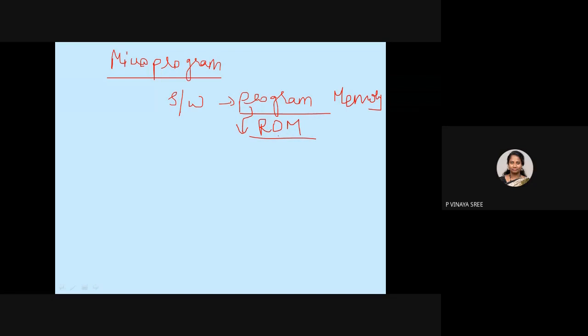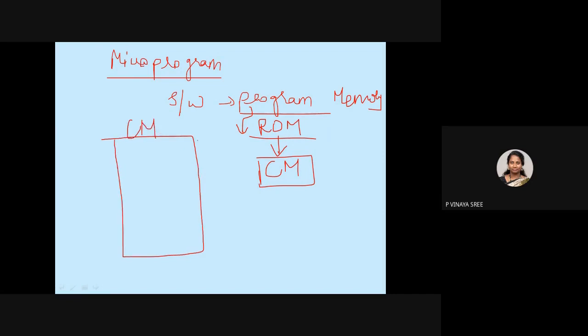The memory where we save this program is considered the control memory. Let us consider this is your control memory, and inside it you will have micro programs. Don't consider a micro program as a single one; you'll have n number of micro programs.